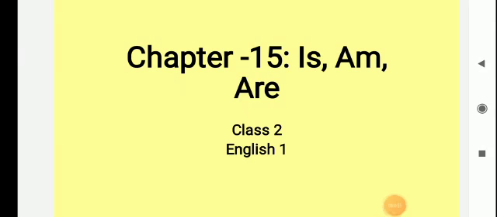Chapter 15 is am, are for Class 2 English 1. Children, today we are going to learn this chapter on helping verbs. They are also called doing words, and in English grammar we call them verbs. As I told you before, verbs tell us the condition or the state of being, or action, or possession. These three words, when they are used alone, they tell us